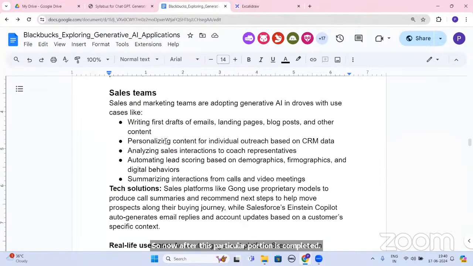the next target is how the sales team is using this portion. As you guys know, the sales industry is one of the most important portions that we need to move ahead with, right?